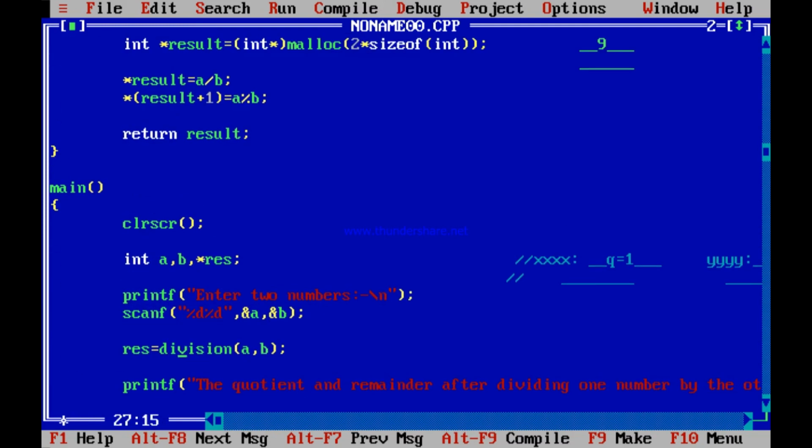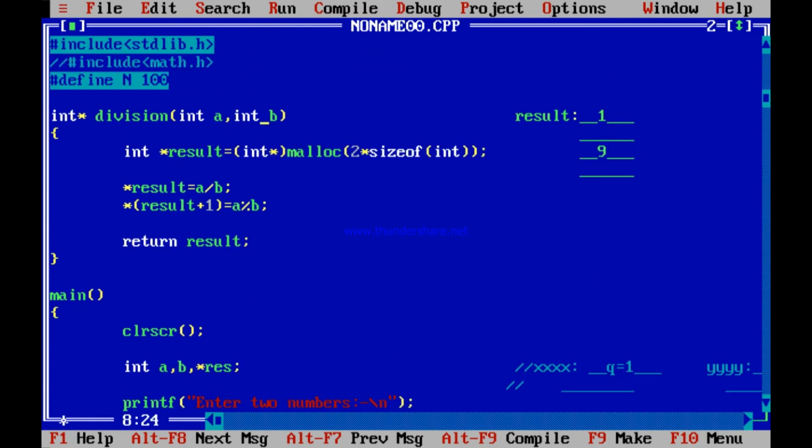When you call division A B, you have sent the values A and B. You receive the values over here. You allocate space for 2 integers, one after the other. You malloc. The starting address you copy in result. Now in that address you copy A by B, the quotient, and in the next address you copy the remainder and return that starting address.